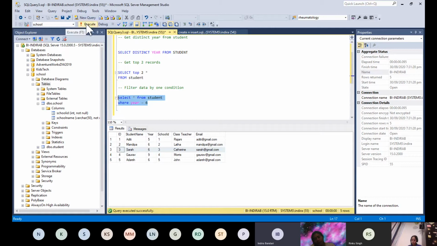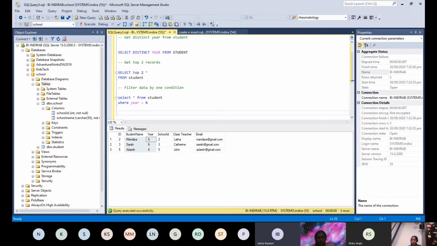If I run just that one, we will get 3 records who are going to year 6. Understood? Any questions? Nitya, any question? Are you understanding? Yeah. Select star from student where year equals 6.